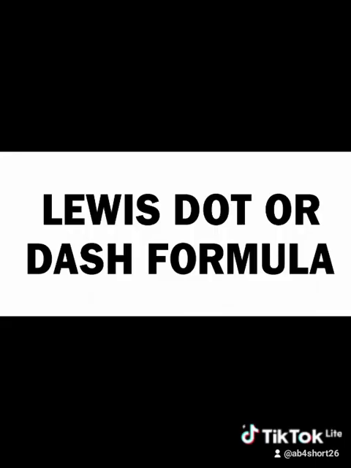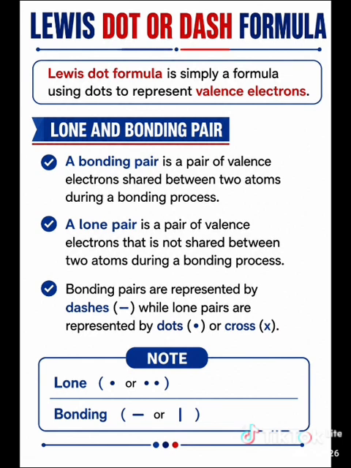Lewis dot or dash formula. It is simply a formula using dots to represent valence electrons. A bonding pair is a pair of valence electrons shared between 2 atoms during a bonding process. A lone pair is a pair of valence electrons that is not shared between 2 atoms during a bonding process. You should note that bonding pairs are represented by dashes, while lone pairs are represented by dots. So,